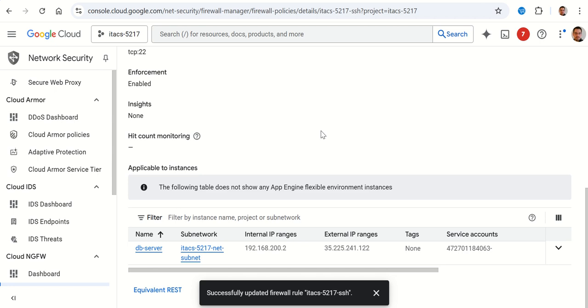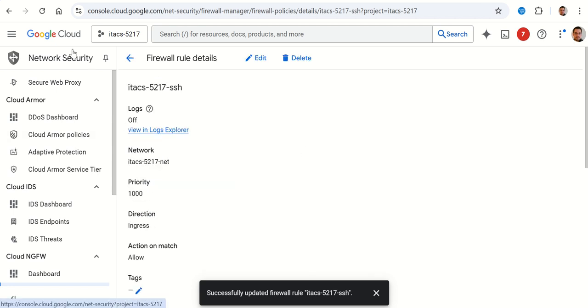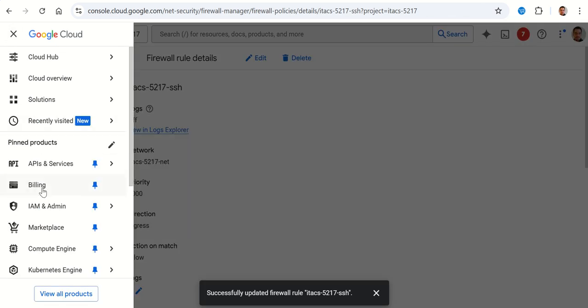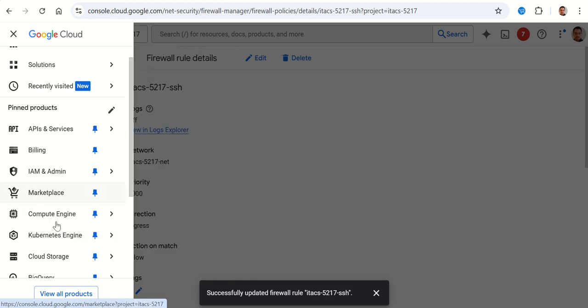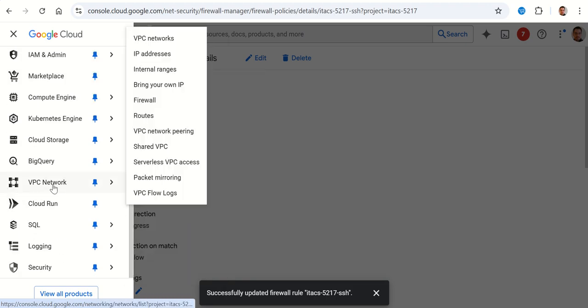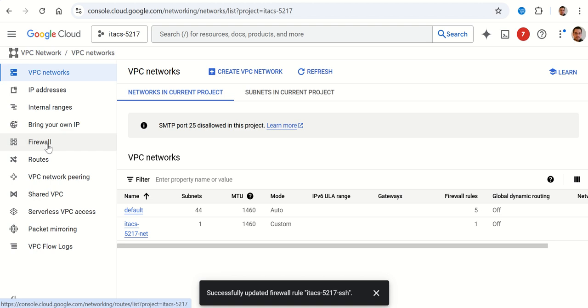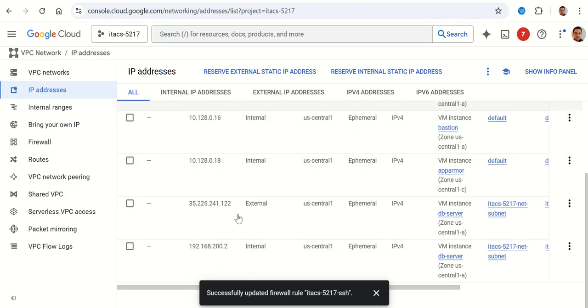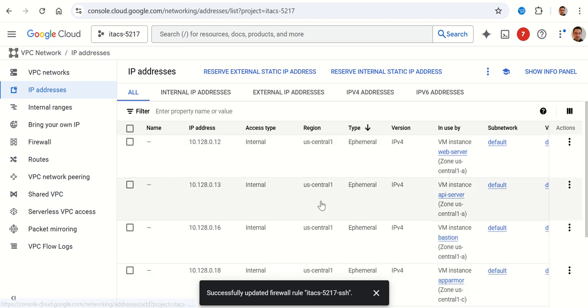Two completely different accounts. Now we're going to get to the point where we're going to start thinking about setting up a VPN. So one of the first things you're going to need in order to set up a VPN, I'm going to go into my VPC networks. So taking a look at your IP addresses, these are all your IP addresses that are being managed. I have two external IP addresses here. In order to